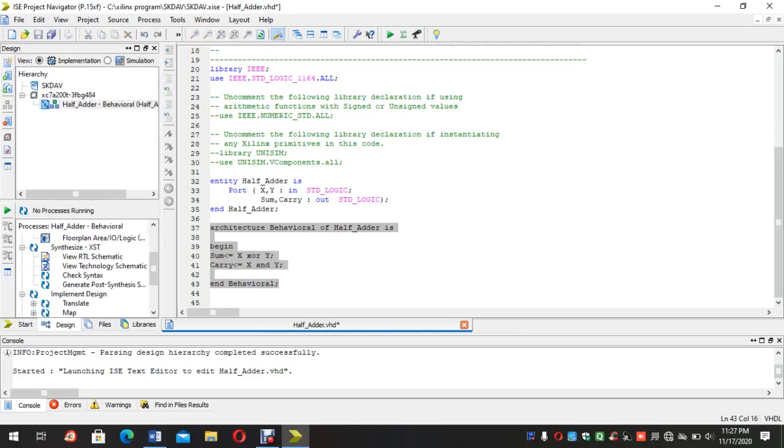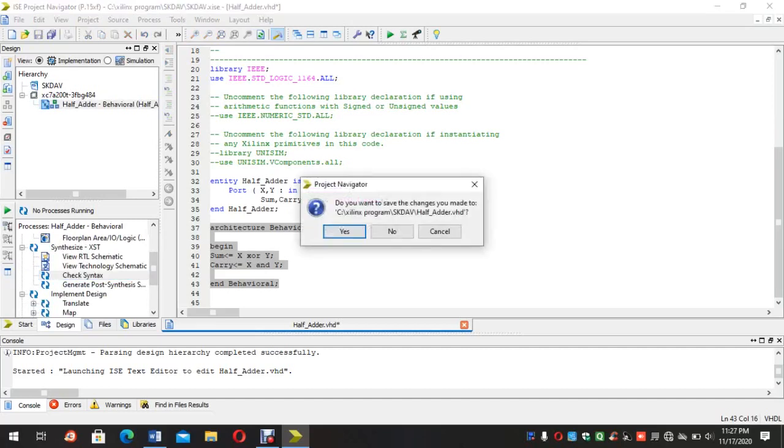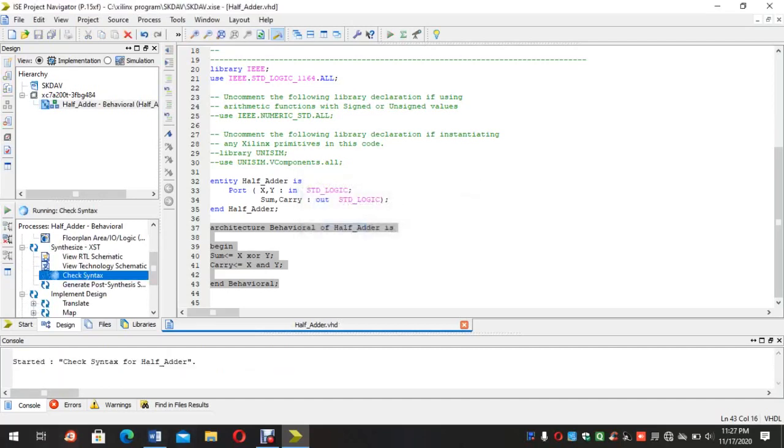Then just click on Check Syntax. Checking is going on. See, here you can see a green tick. That means there is no error within this program.